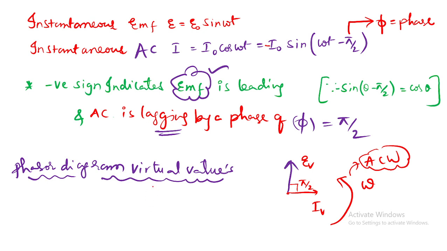Is it done? Shall we draw the phasor diagram with the help of which value? Not the peak value, the virtual value only. This is the virtual value, also called the RMS value, or effective value. All these things are the same. This is a phasor diagram. See how small and cute, ugly. Right? The other phasor diagram we will draw. Shall we?